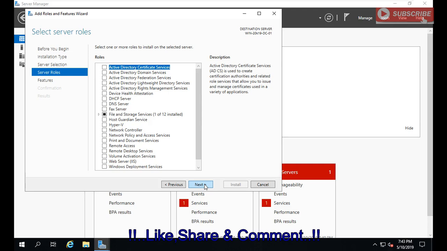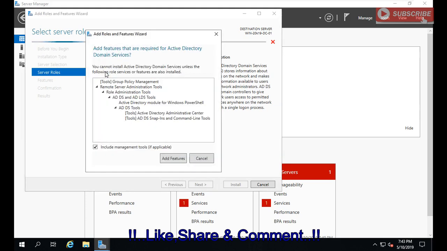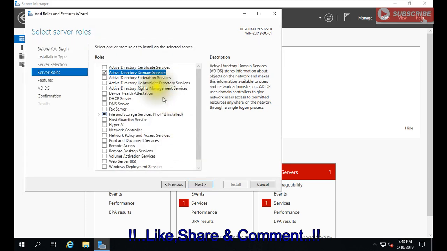Now it will ask which role you want to install. We are going with Active Directory. There is also Active Directory Certificate Services, which I will talk about in upcoming videos. As of now, we are going to install Active Directory Domain Services, because we need to have one Active Directory domain. Why are we using it? Because it provides lots of services apart from this